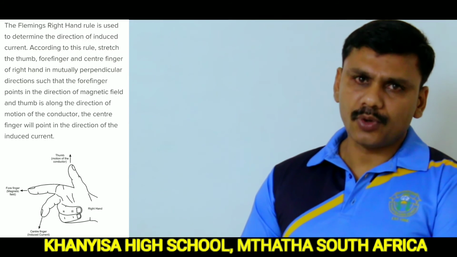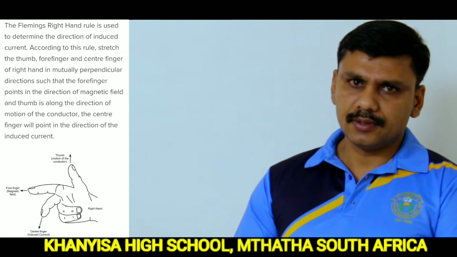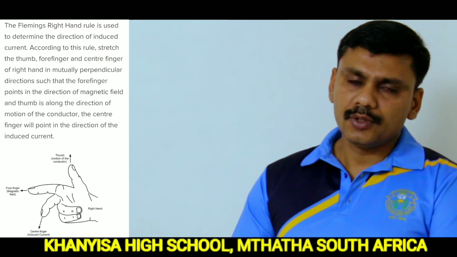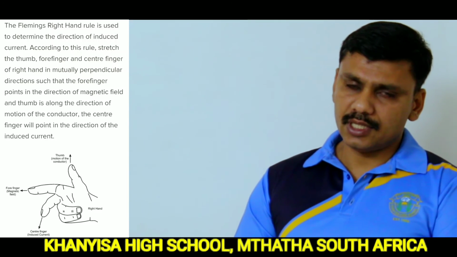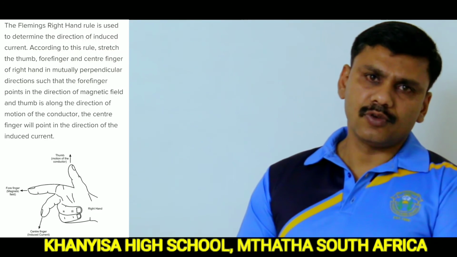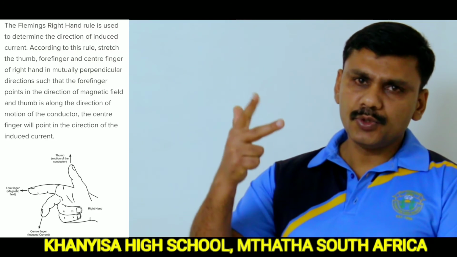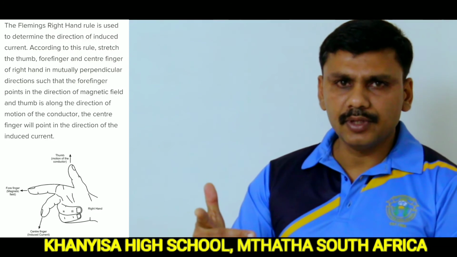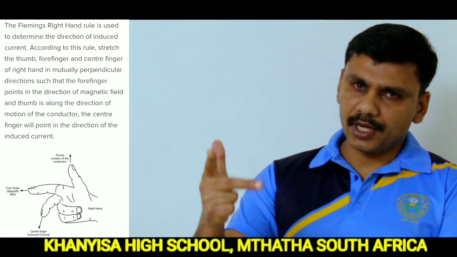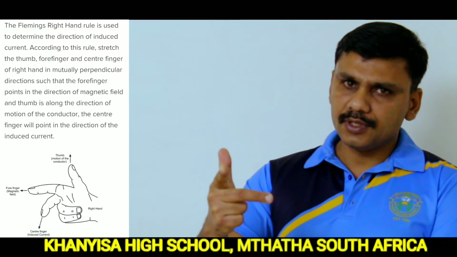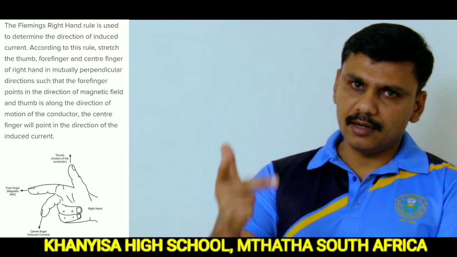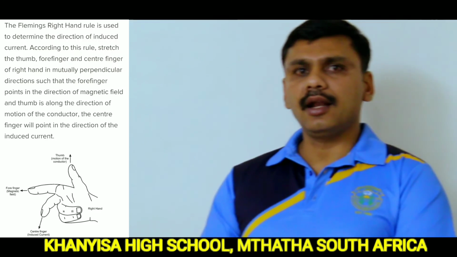Here the coil is rotating by giving some force, and the new thing is the production of current. So we have two known directions: the direction of rotation of the coil and the direction of the magnetic field. By using Fleming's right hand rule, you can find out the direction of induced current. The thumb gives the direction of rotation of the coil. The forefinger gives the direction of the magnetic field. And the middle finger gives the direction of current produced. So you can easily understand it like this.